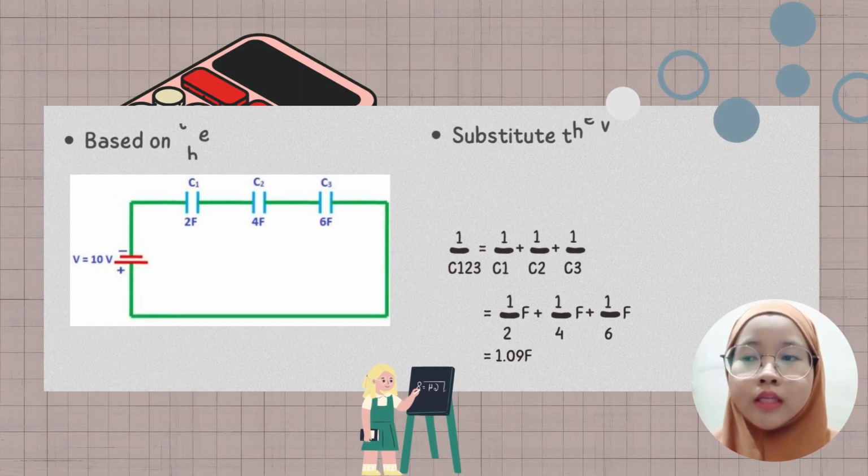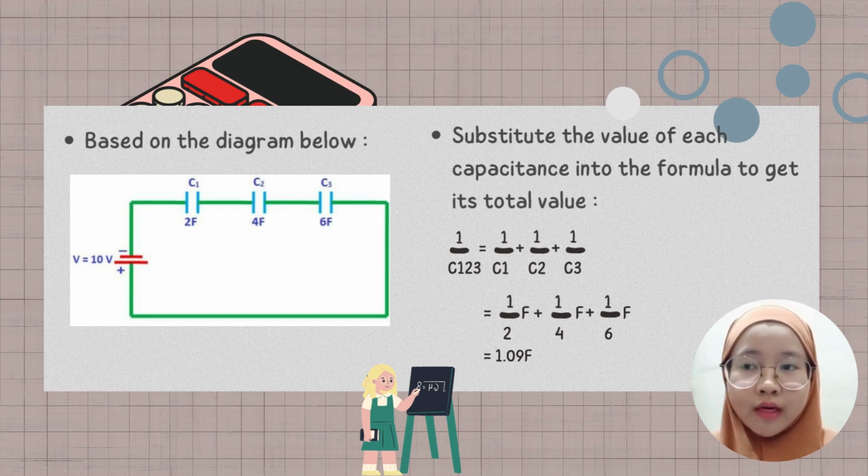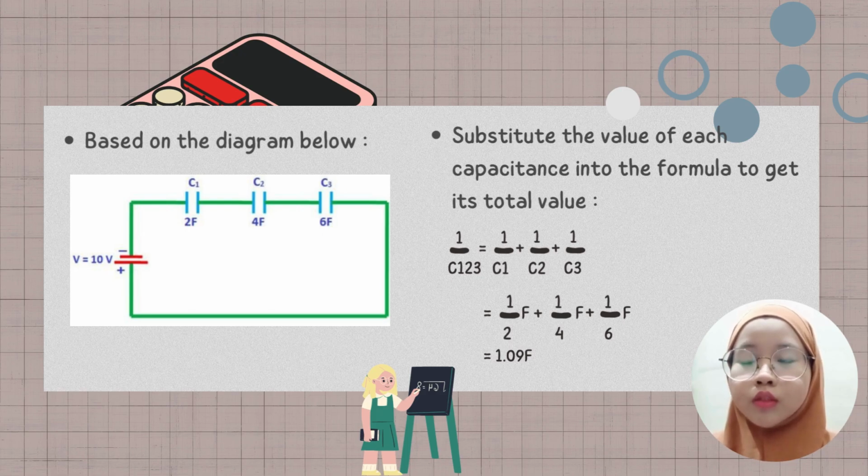So, based on the diagram below, we can see that there are 3 capacitances: C1 with 2 farad, C2 with 4 farad, and C3 with 6 farad. With the information given, we can substitute the value of each capacitance into the formula to get its value,